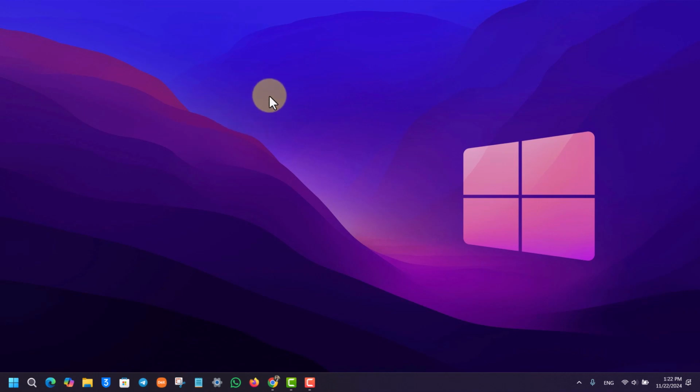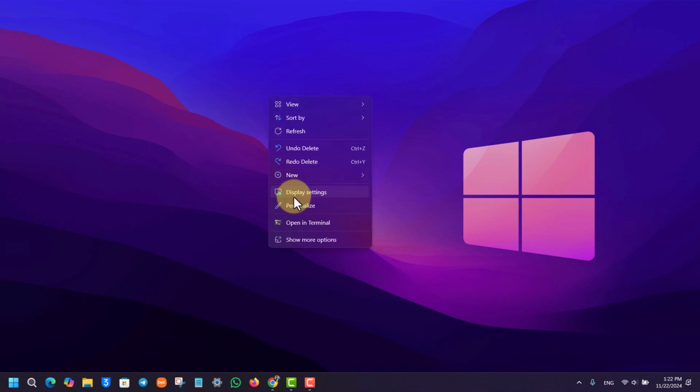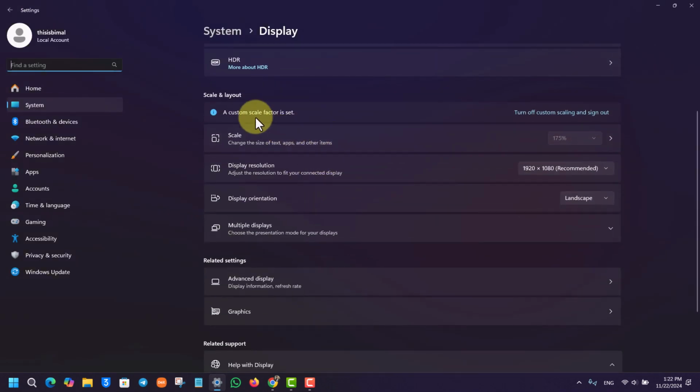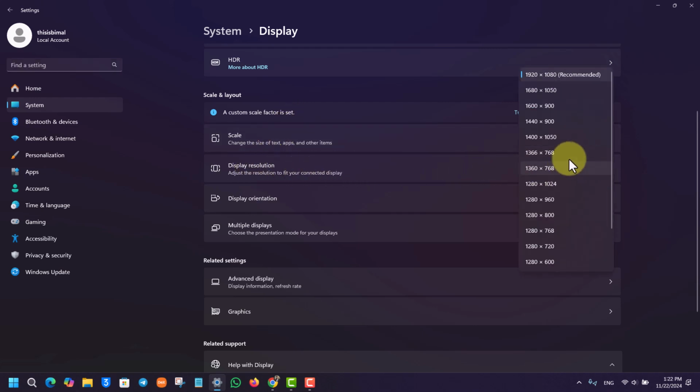So you want to first of all right click anywhere on your computer, and there you'll find display settings. On Windows 10 or Windows 11, in both, you'll find display settings, where you have to simply go on it. Once you go to display settings, in my case, I have actually turned on a custom factor, but you can see the display resolution. You want to select this to the one that says recommended, because your computer, let's say,